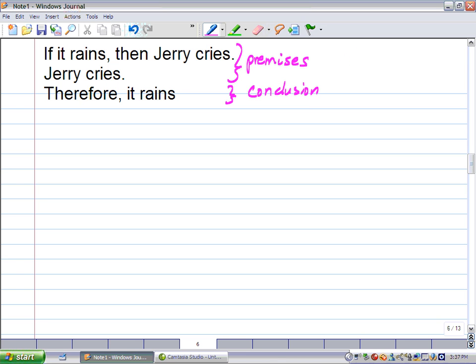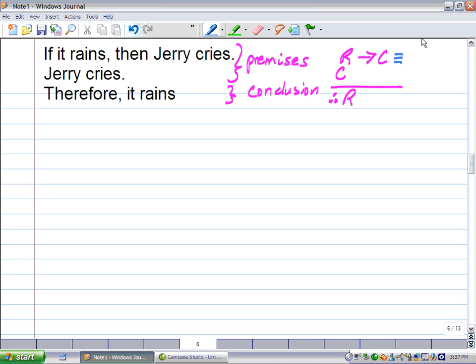The premise is raining implying crying. The second one is crying. And the third one, or the conclusion, is therefore it rains. Okay, if you look at the argument view, you can see raining implies crying, and I know I have crying. Does that help me with anything? No, it doesn't help me with anything, because